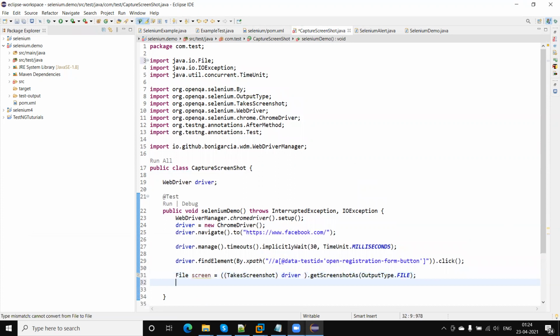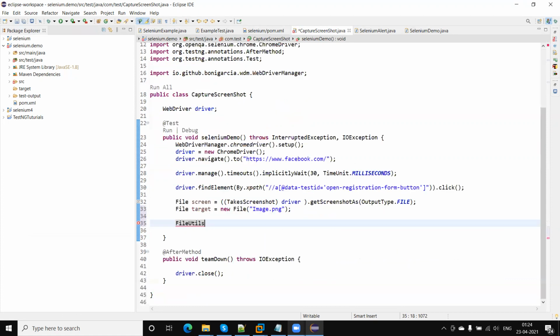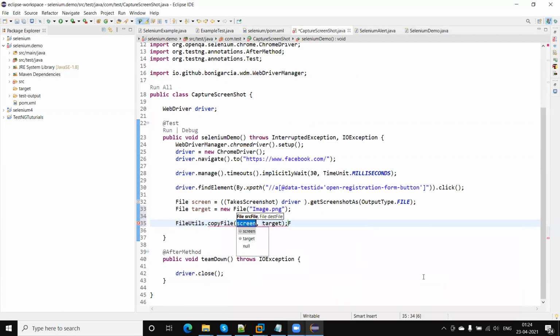Okay, so next we need to create one more file object like target equal to new File. Here I will give the file name like image1.png. So next, using the FileUtils, I can copy the file from screen object to target, from screen to target.